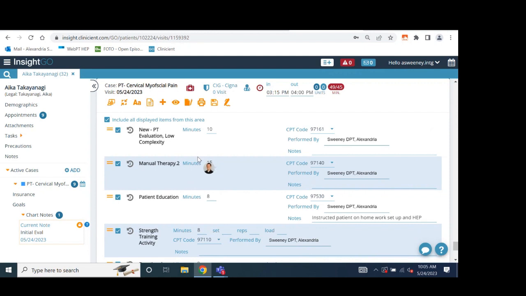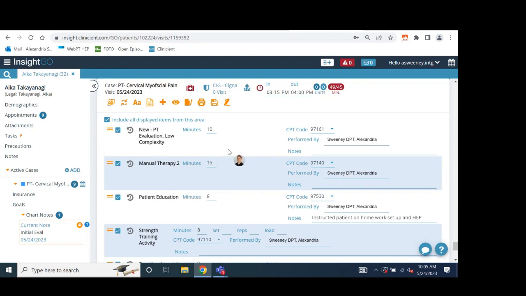Insight Go will actually change your billing depending on whether it falls under the Medicare rule of eights or a commercial insurance. So I always recommend people follow the commercial insurance